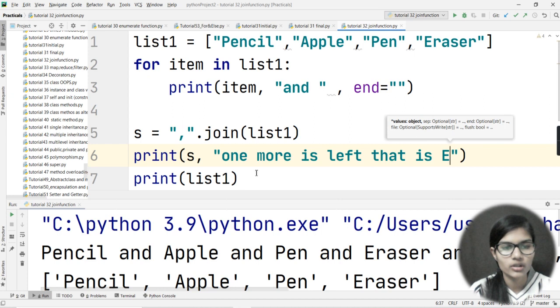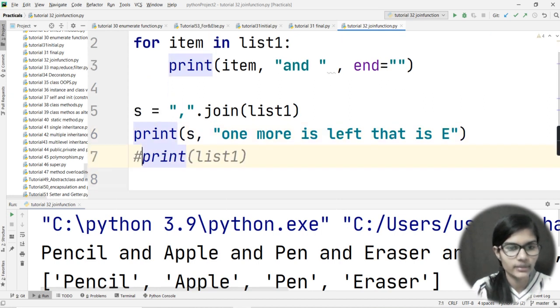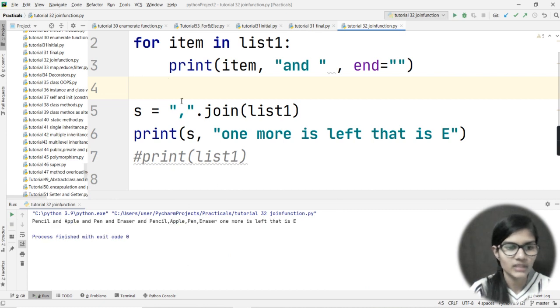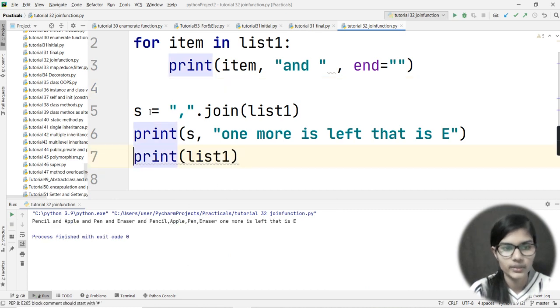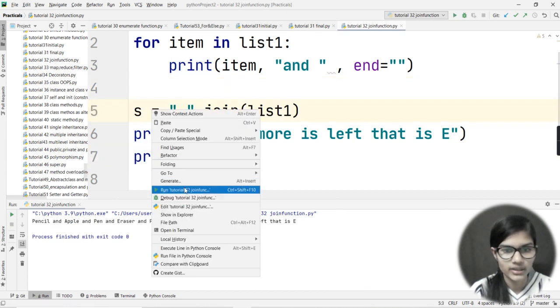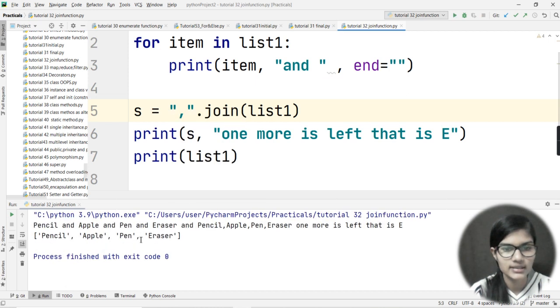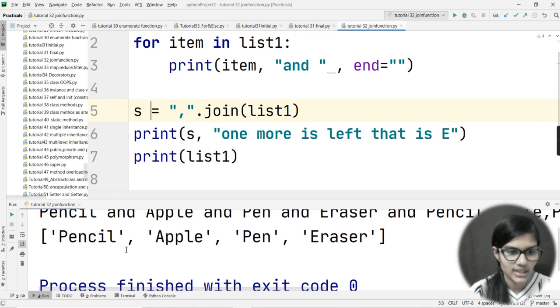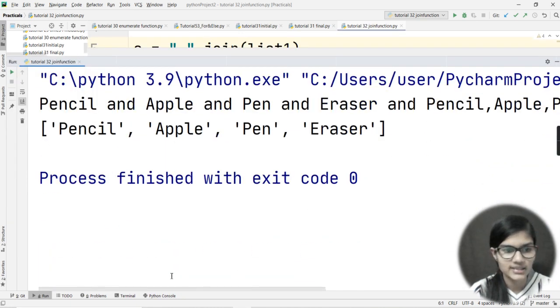Now when I am going to run this one, let me comment this out and let's run it once. Okay, I'm sorry. So here we need to print that list also. And now when I run this, just see above what is happening. Let me maximize this one.